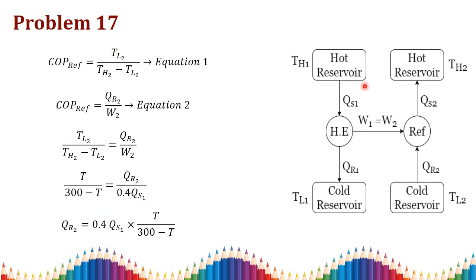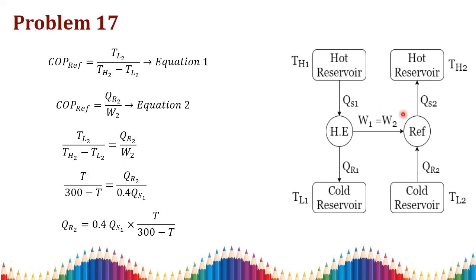Then you consider the COP of the refrigerator. In the COP of the refrigerator, both the Carnot efficiency and the actual formula will be equal, because it is 100% efficient. There is no actual percentage efficiency given, so we can equate these two equations. Then TL2, which the question itself mentions as T degree Celsius, we just replace TL2 as T here, and this TH2 value is known, 300, so substitute those values, and we know the work done 2.